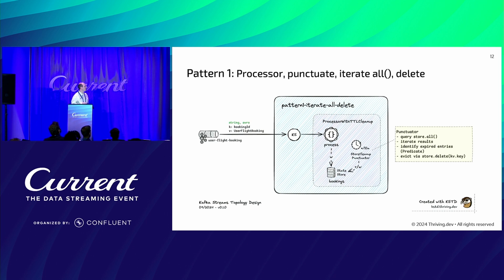In addition, we have a punctuator schedule, which runs every 10 minutes. What it's doing is simply to query your state store for all entries, and then iterate. We apply our predicate to determine if a certain record we are looking at can be evicted or not, if it's outdated. If it's outdated, we simply call store.delete and delete the actual record from the store. And that's the TTL fulfilled. How that looks like,